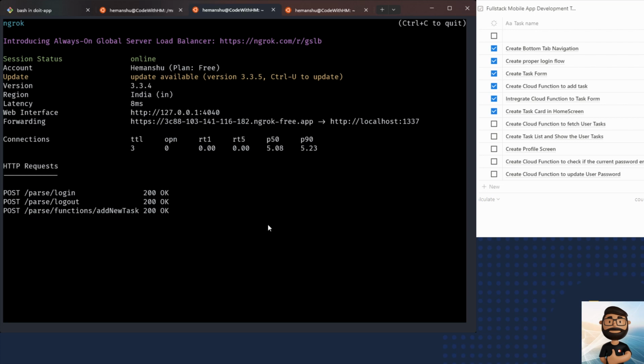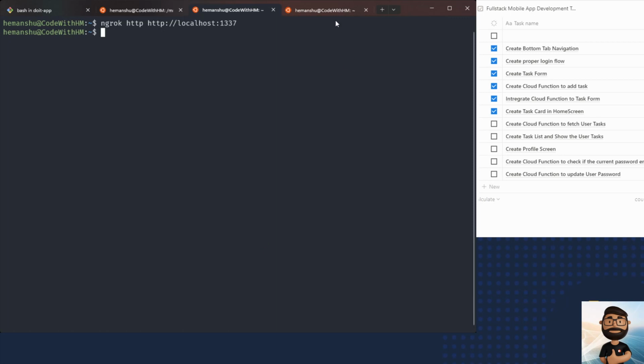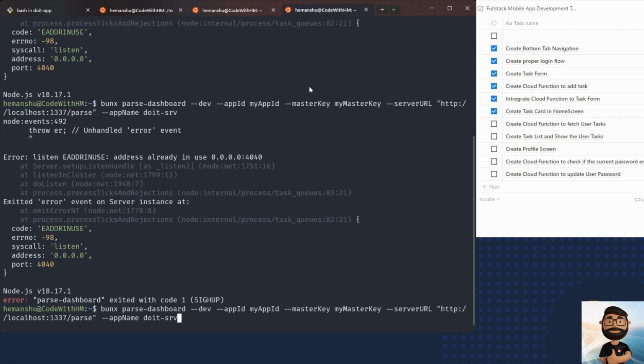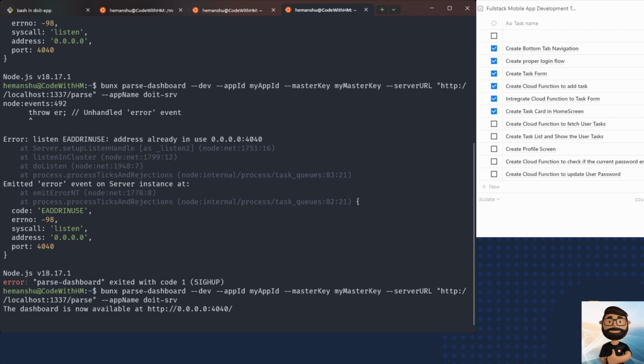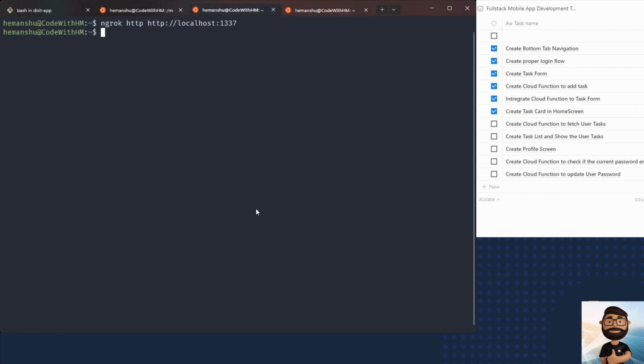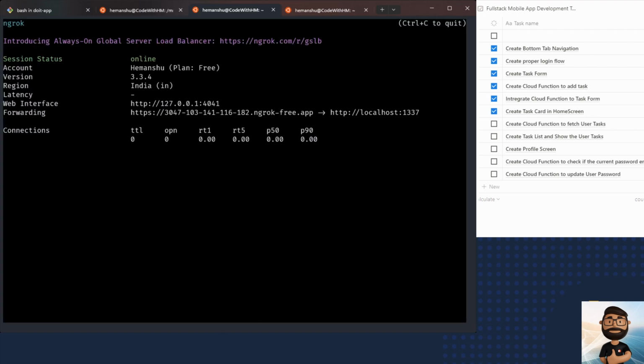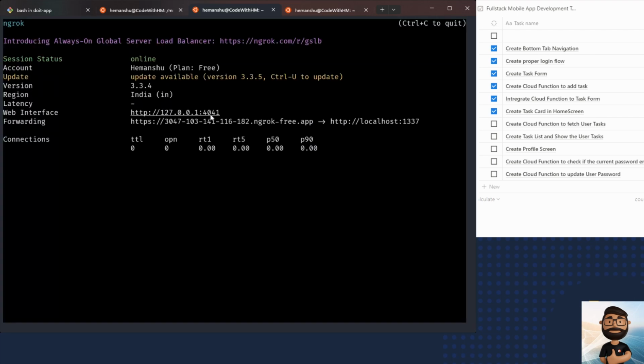So I'm going to cancel this and let's try to run bunx again. Now it is available. Now let's try to run ngrok. Now it is using 4041. Let's copy this